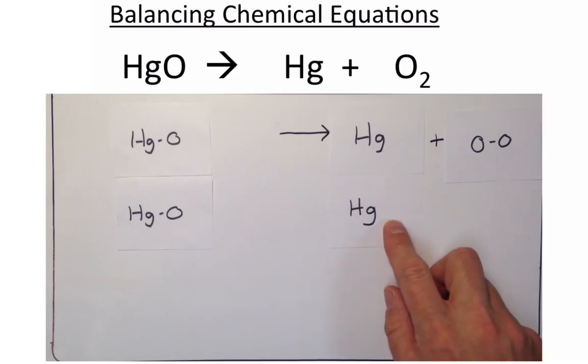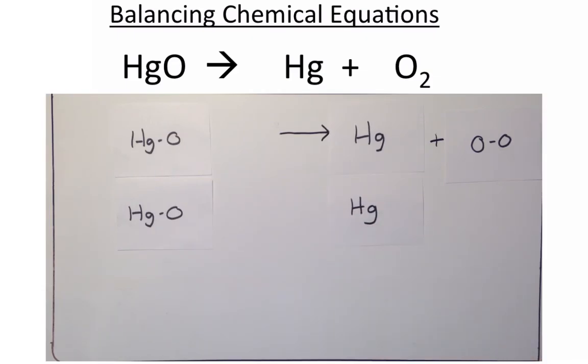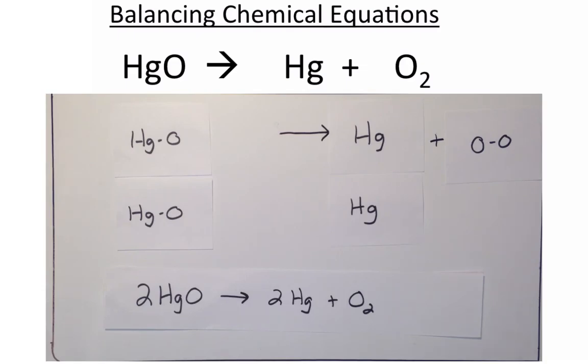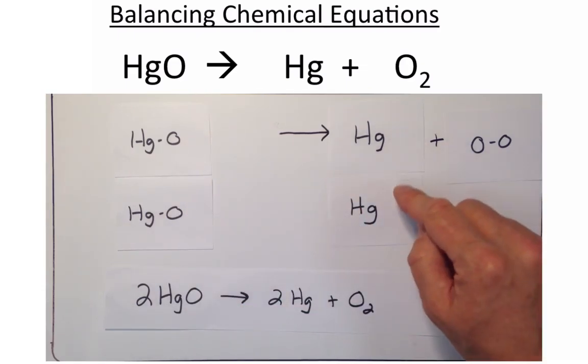So I need to add a mercury. And now I have two mercuries on the reactant side, two mercuries on the product side. I have two oxygens on the reactant side, two oxygens on the product side. I know that this is a balanced equation, and so now I would write this as 2 HgO